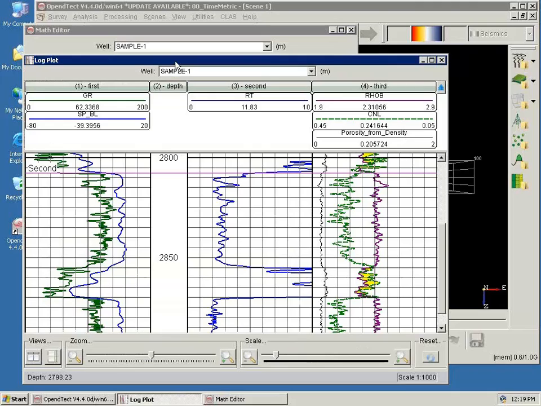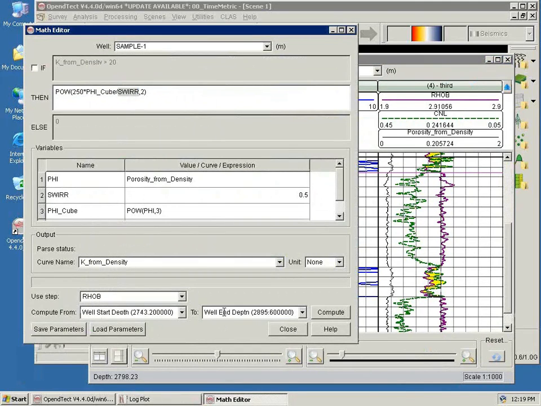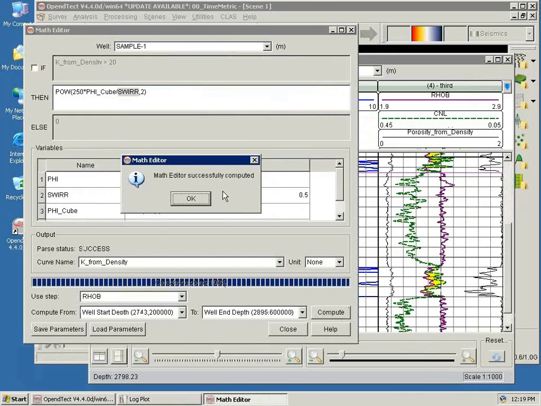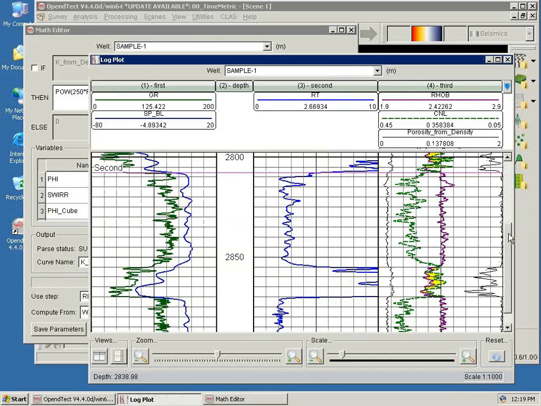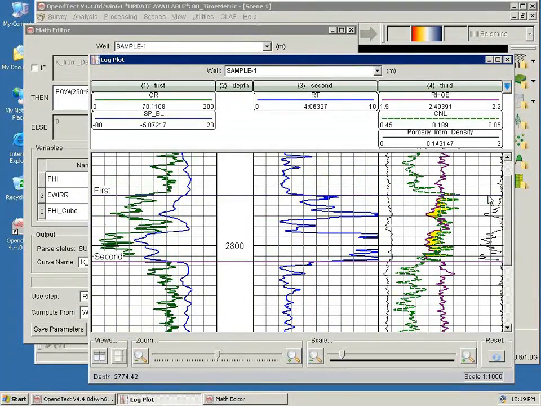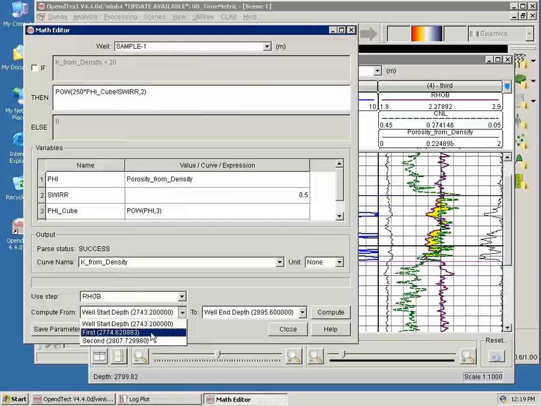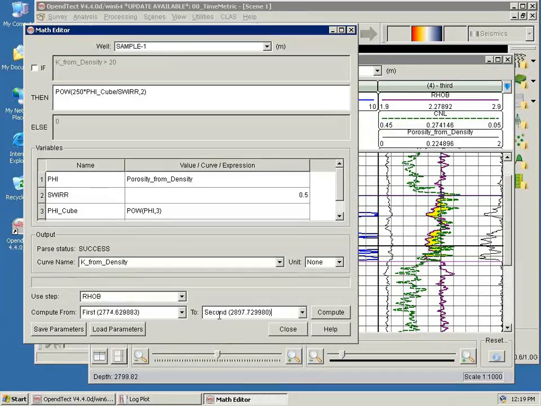I want to show you the log plot, and I will compute this from start to the end of the well. I click compute. It says that it's successfully computed, and you can see the log plot here. It updated and is showing us the computed log curve. I click OK, and I'll move a bit to the shallower part of the well, and we see here the first and second tops or markers here. We can also compute between markers, first and second, or we can type in any value here to the start and end, so it only computes between those two